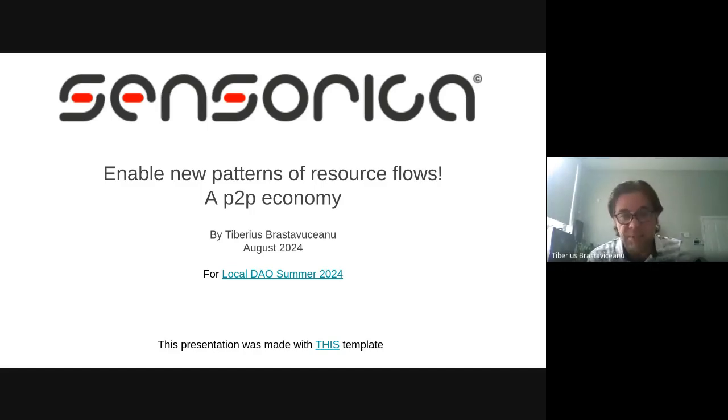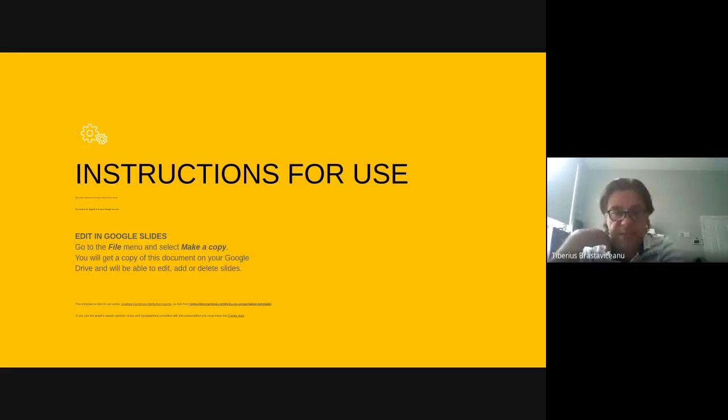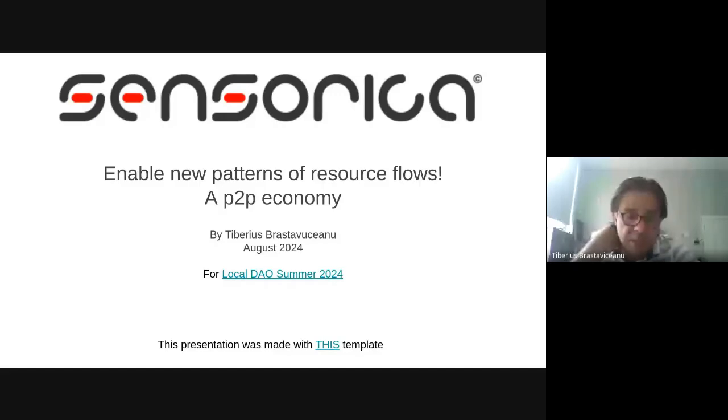Perfect. Yeah, so let's make this interactive. I have a few slides, and I kind of have a storyline, but I thought about talking about resource flows, starting from above and then diving into more technical stuff, but it's up to the audience where we'll go. So